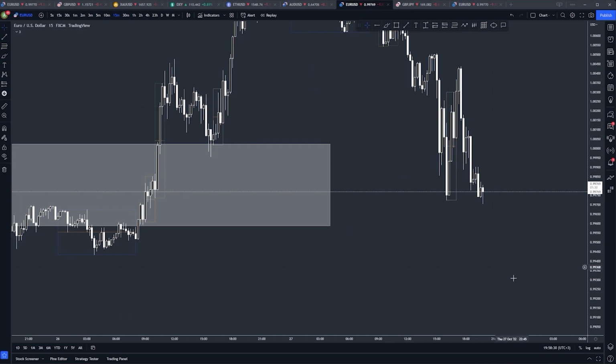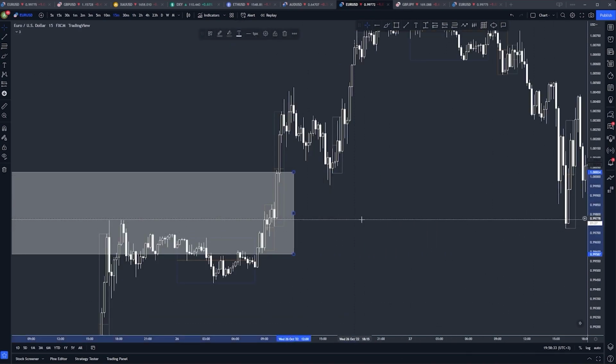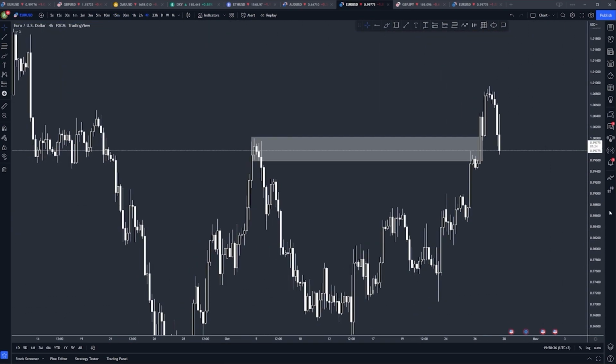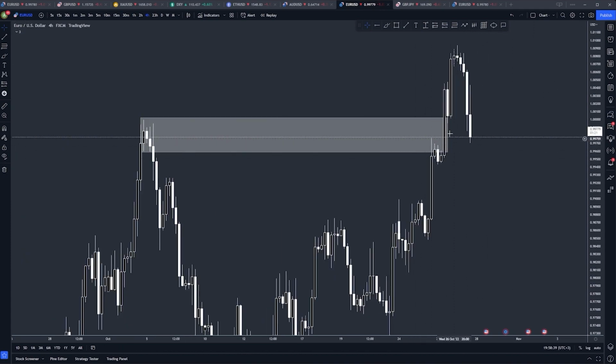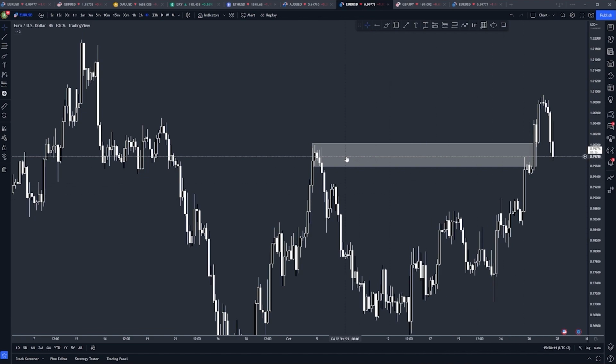And look what happened after price switched structure, so now it may be ready for sales. But if you look at the 4 hour, there was no reason to sell here, right? Because price was heading for a new break of structure. So as smart money traders, we are gonna wait for that break of structure on the 4 hour before